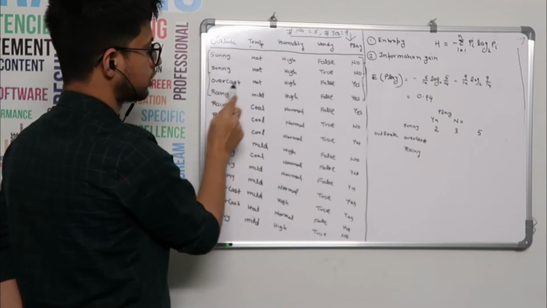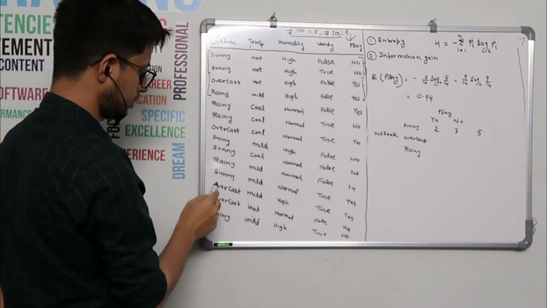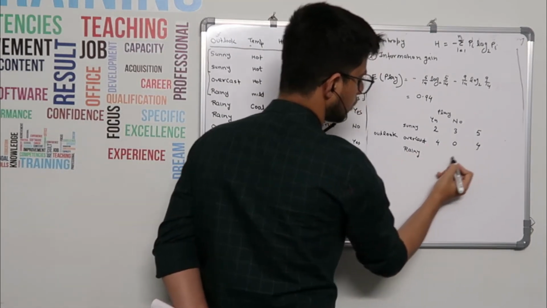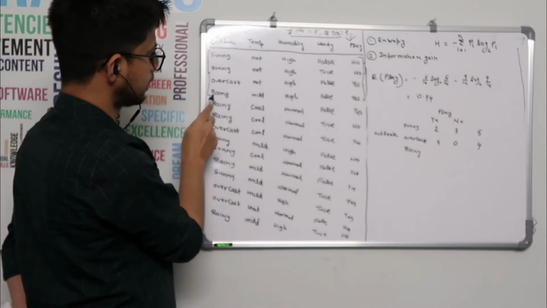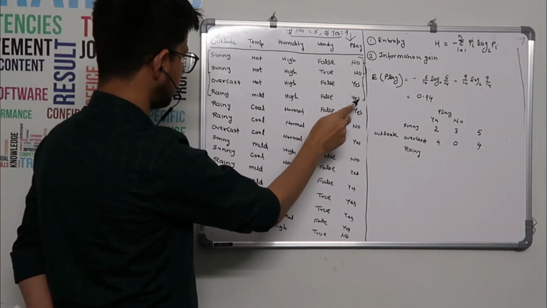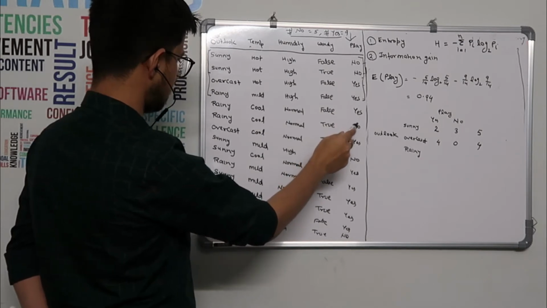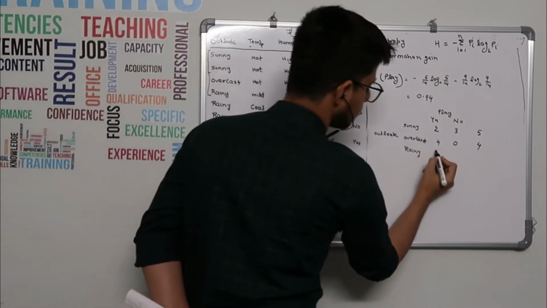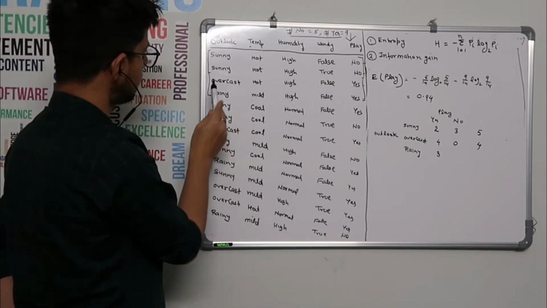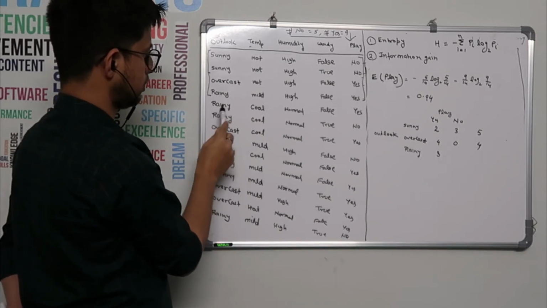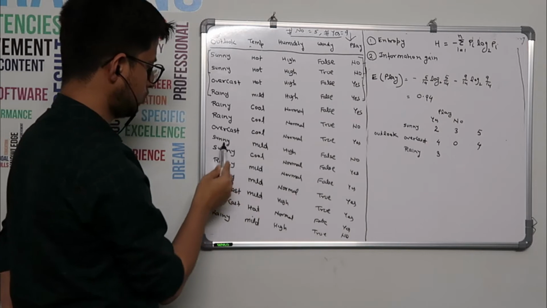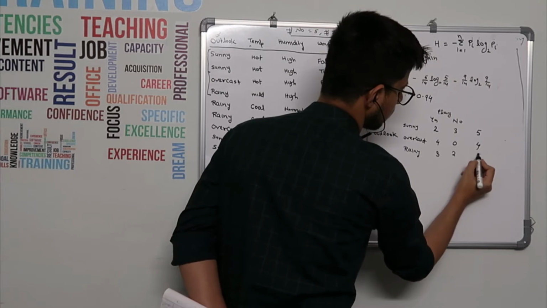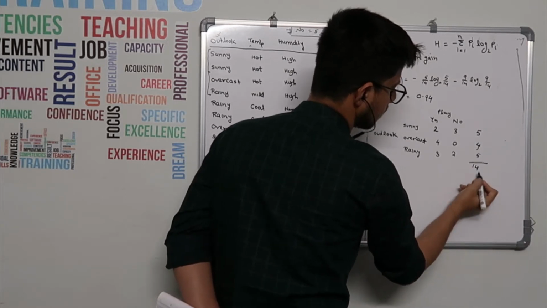And we'll see for overcast. How many yes are there? Overcast: 1, 2, 3, 4. All are yes, 4, and no is 0. And what about rainy? Wherever it is rainy, the first one is yes, the second is also yes, and then this is yes, so 3 yes. And how many no with respect to rainy? This is no, this is no. There are 2, and 5, and the total should be 14, correct.